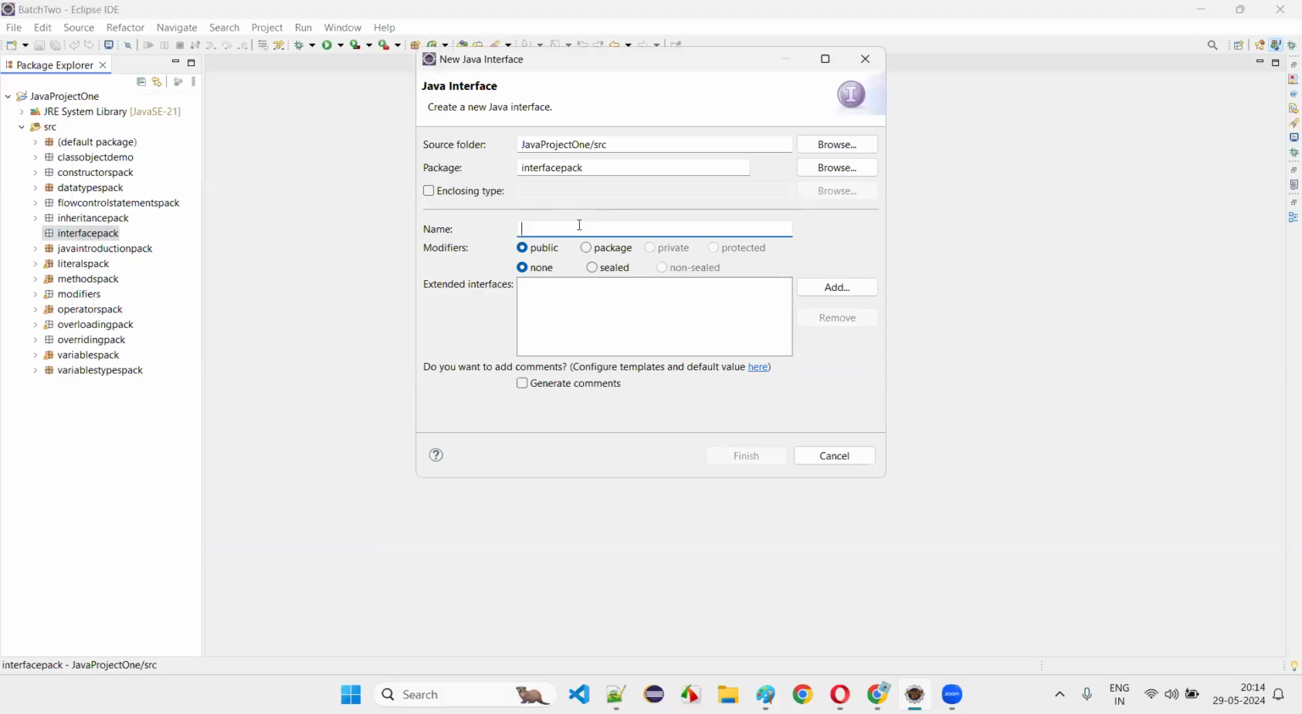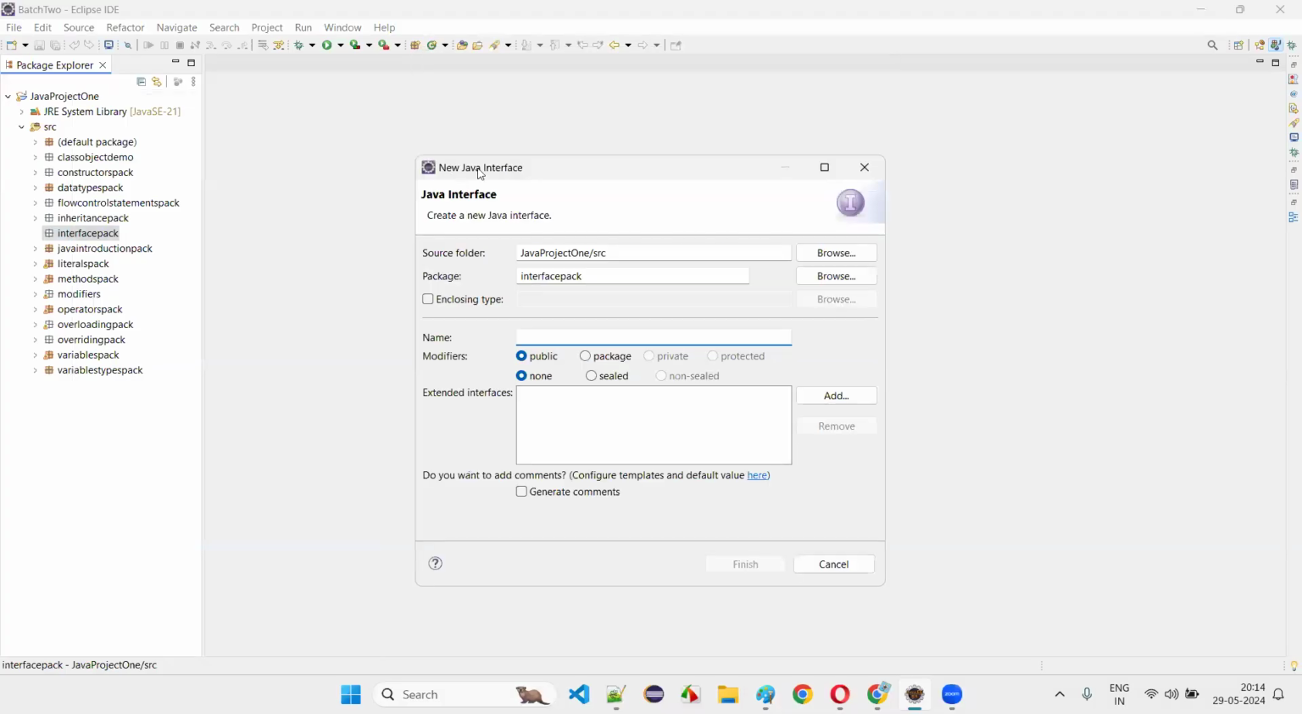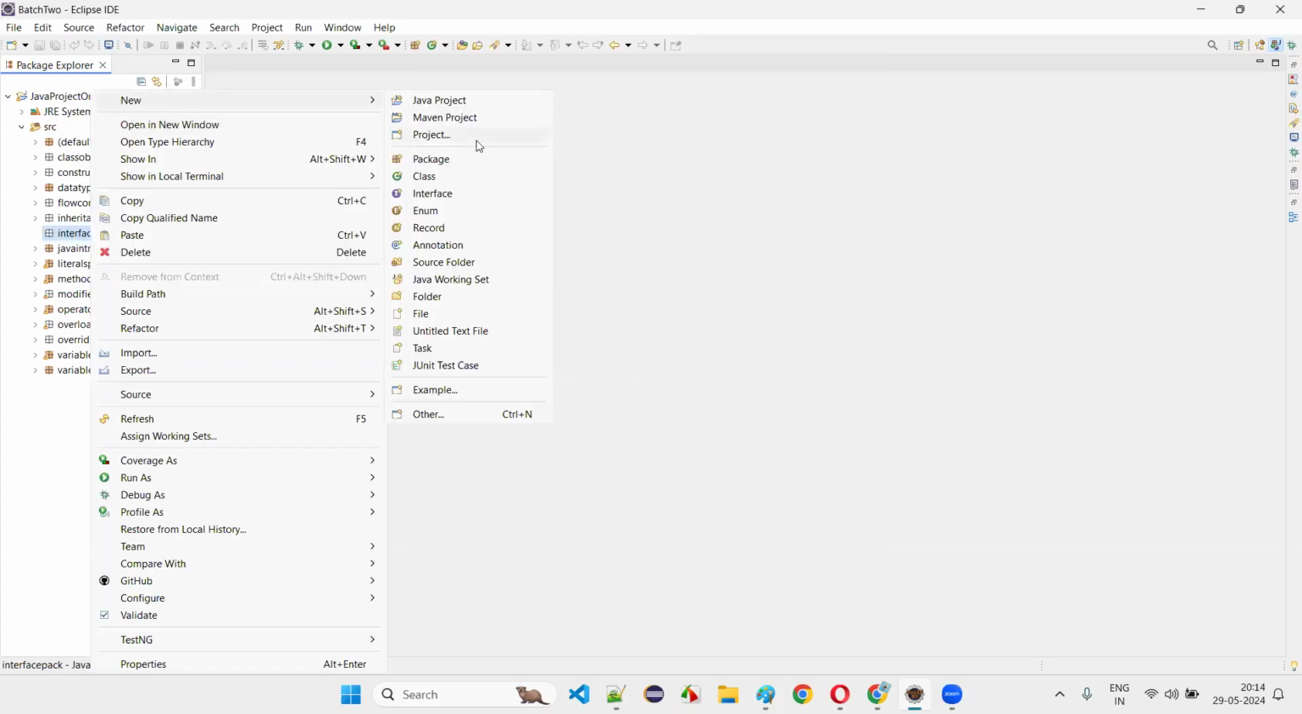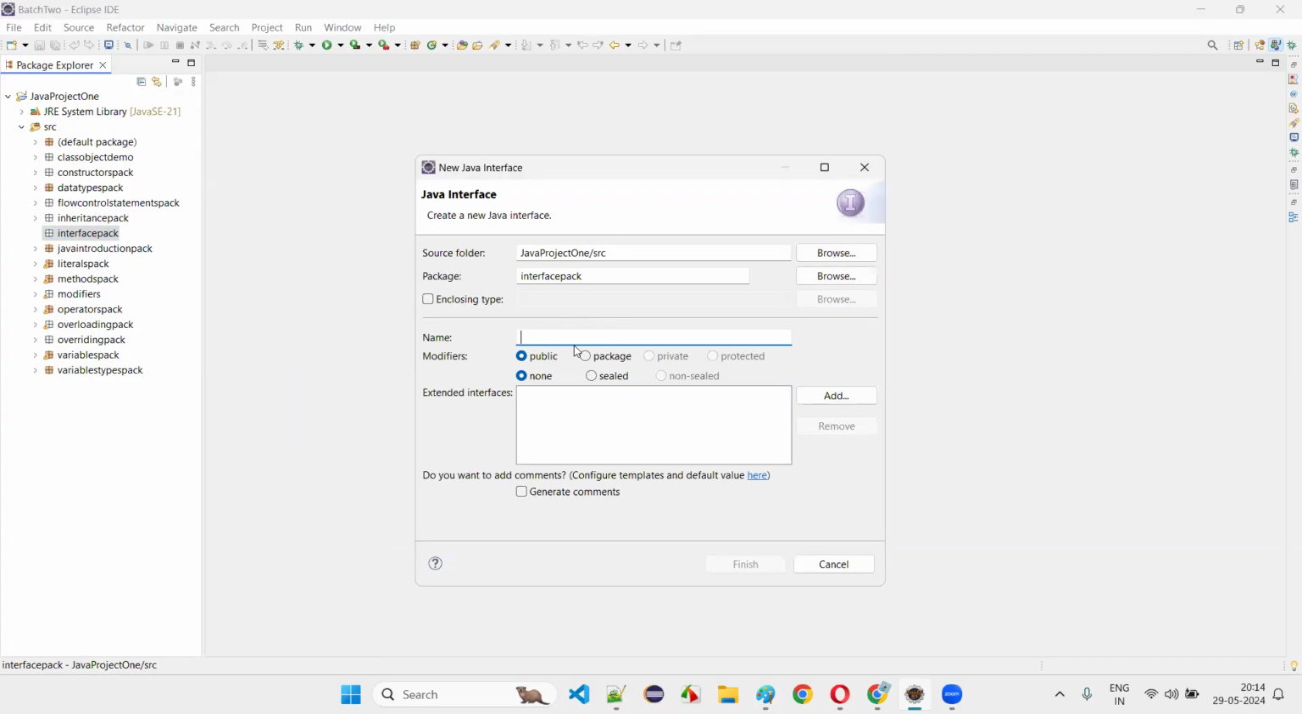The moment I select interface, you see, instead of the New Java Class dialog, the New Java Interface dialog will come in Eclipse IDE. And here you have to give the interface name. I'll just give the name of the interface as, let's say we have Reserve Bank of